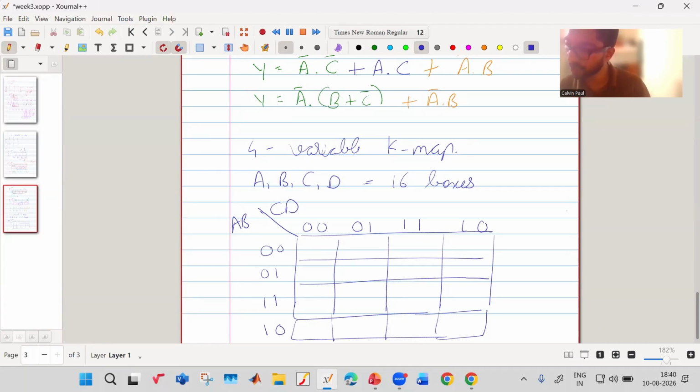This is the method which is usually used. There could be other methods, like AB on this side and CD on this side. So this is not the only way you can do it; there could be a different way. But the approach I have usually seen is AB and CD. AB you group together, CD you group together. AB has 0 0, 0 1, 1 1, 1 0, and CD again has 0 0, 0 1, 1 1, 1 0. Now the overall expression, A, B, C, D together, you will get,